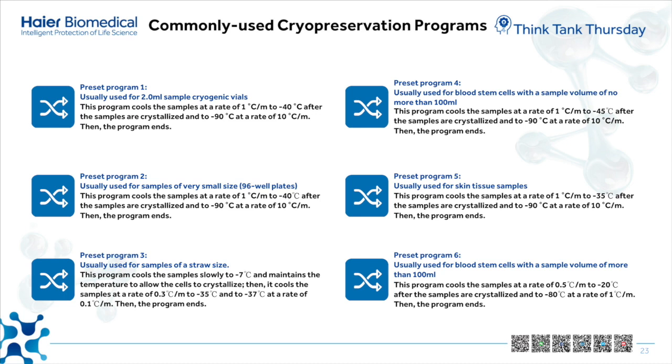a rate of 1 degree per minute to minus 35 degrees after samples are crystallized, and to minus 90 degrees at a rate of 10 degrees per minute. Then the program ends. And for the preset program 6, usually used for blood stem cells with a sample volume